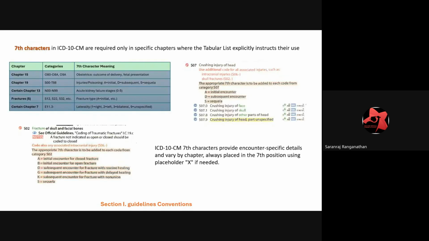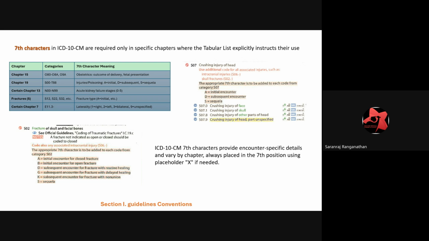Then coming to the next one, discussing the 7th character. Mostly the 7th characters are used in chapter 15, chapter 19, and chapter 13, and sometimes in chapter 7 also. Each chapter has its own purpose. In chapter 15 it indicates the outcome of the delivery and the fetal presentation, while in chapter 19 it tells you what type of encounter it is: initial, subsequent, or sequela. In chapter 13, it gives you the stages of